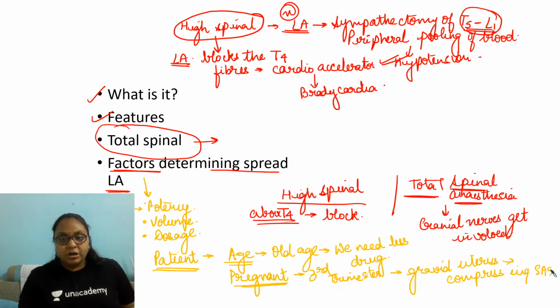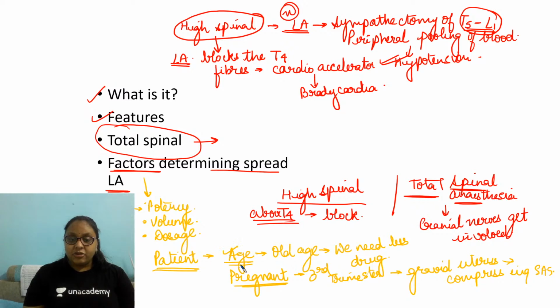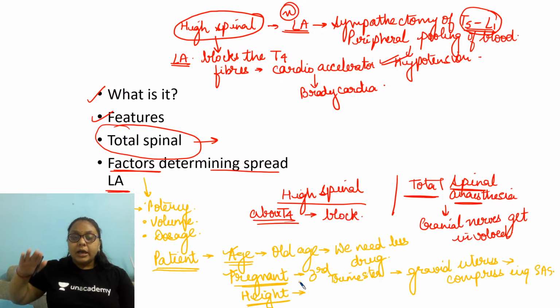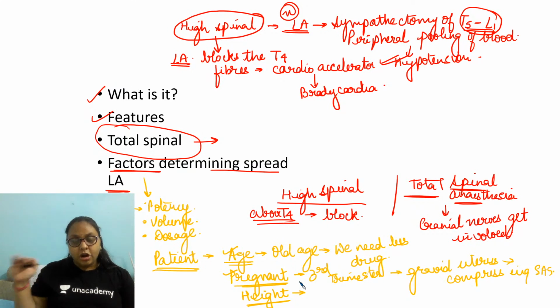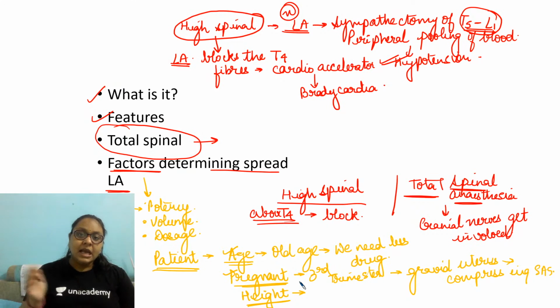डॉक्टर सेजल और डॉक्टर एहसान, is it clear? ठीक है. So the patient factors: the age of the patient, the pregnant ladies, the height of the patient. Okay, height of the patient, अगर पेशेंट की हाइट छोटी है तो there are more chances of cephalad spread of the drug, and therefore we have to use lesser amount of drug in case of the shorter height patients rather than the patients who have a good height.